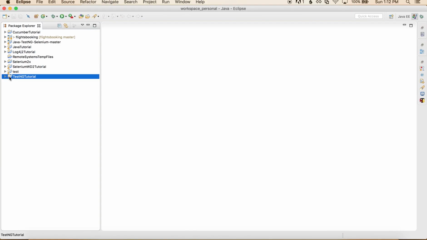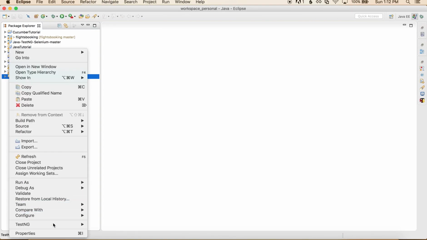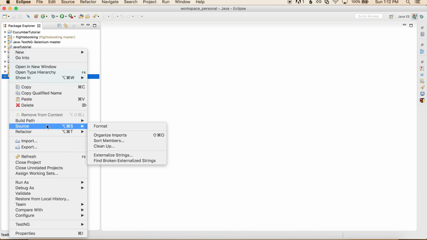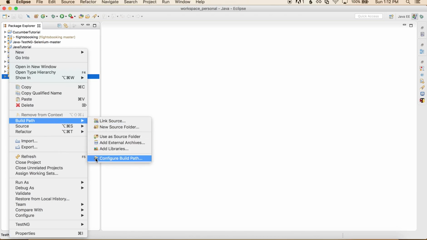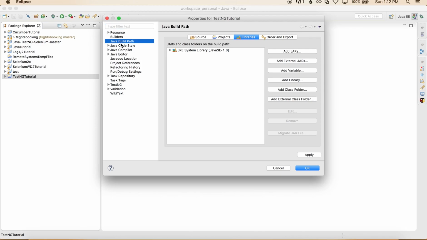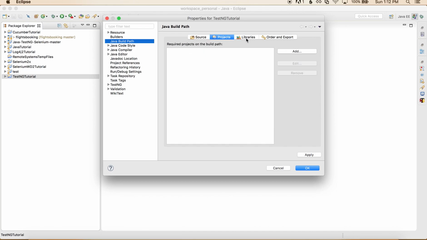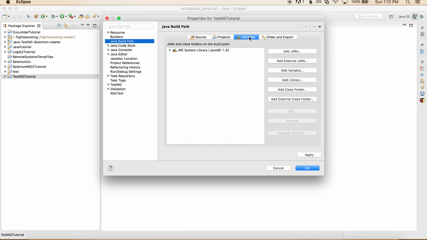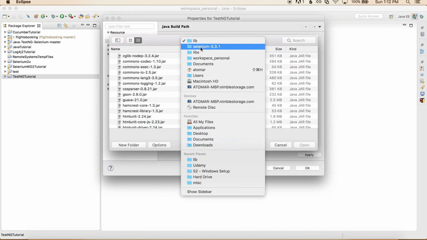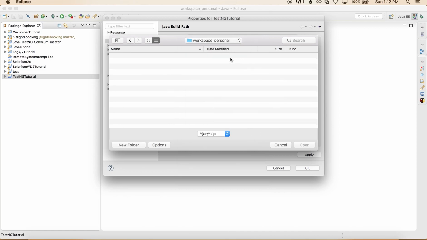And this is a very important step. Right click on this, go to properties, or go to build path, configure build path. You will see this window. We need to select Java build path, and from here there are these tabs. You need to click on libraries, click on add external jars, and from here you need to select the correct location.